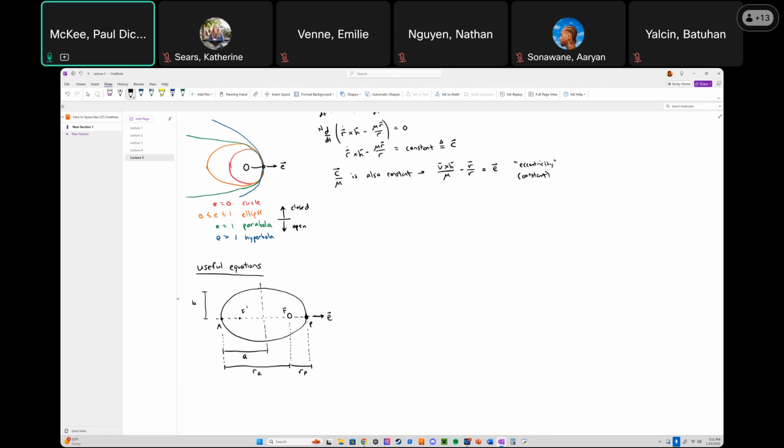Okay, so even before we name the terms in question, hopefully you can see that this distance RA and this distance RP added together is the semi-major axis times 2, which would just be the full major axis, so 2A. Or similarly, you can think of A as the average of those two distances. So we can start with that equation, but before we get there, we're going to name these terms. P, the point of closest approach,